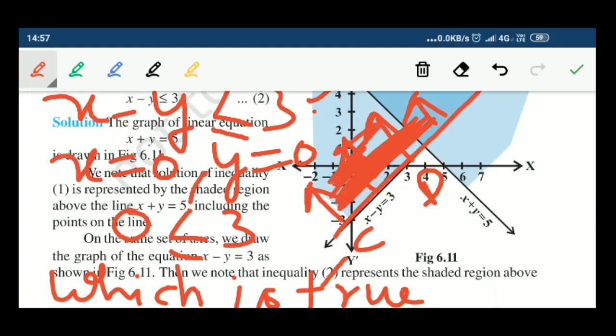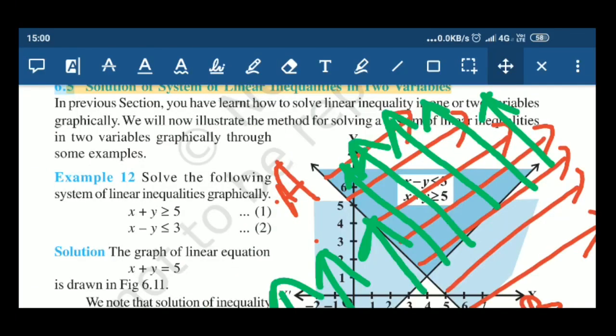This shaded region is the solution region for this line CD. Now students, the solution of inequality 1 is represented by the shaded region above the line x plus y equals 5, including points on the line. And I have used red color here,